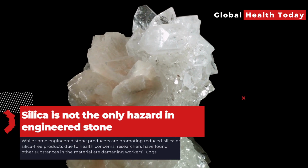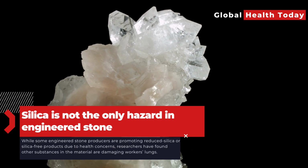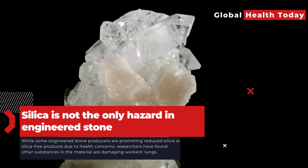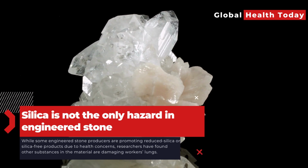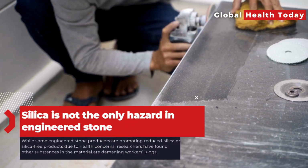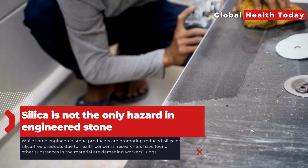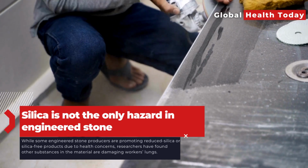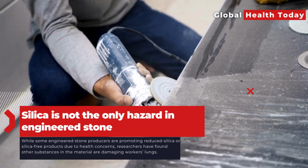Researchers from the University of Adelaide and the University of Tasmania conducted a study assessing the composition of over 50 engineered stone products, identifying potential risks to lung health. The study found that metal components in engineered stone, such as cobalt and aluminum, may be hazardous to lung health, leading to inflammation. Unlike natural stone, engineered stone emissions contain up to 20% resin, with the potential for resin breakdown